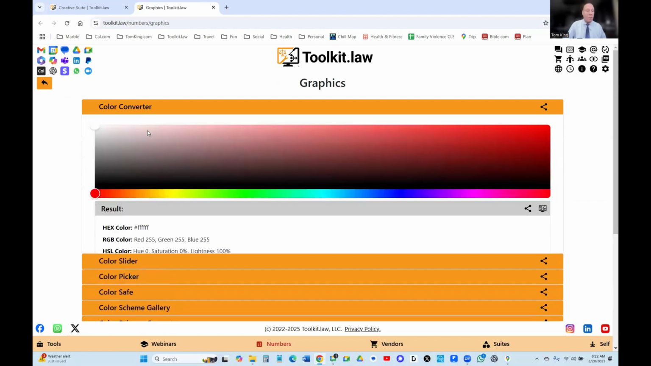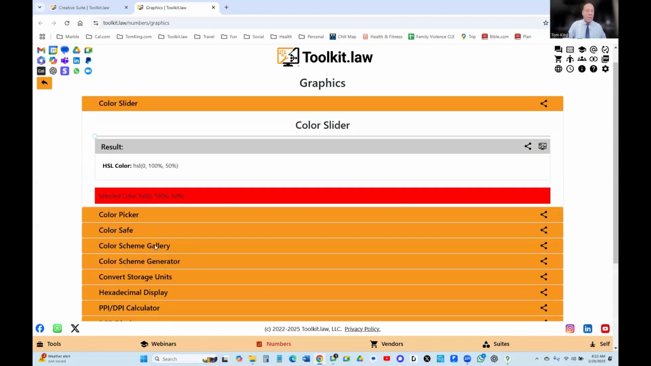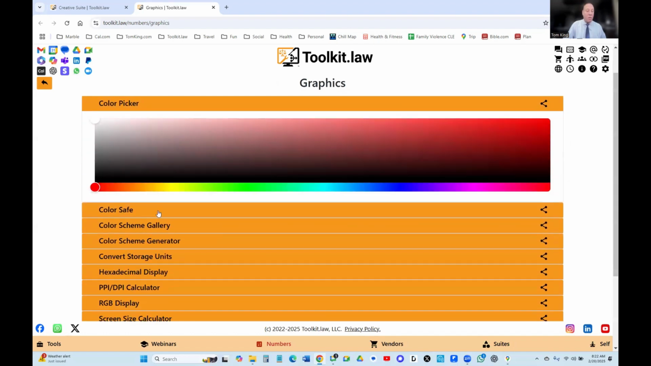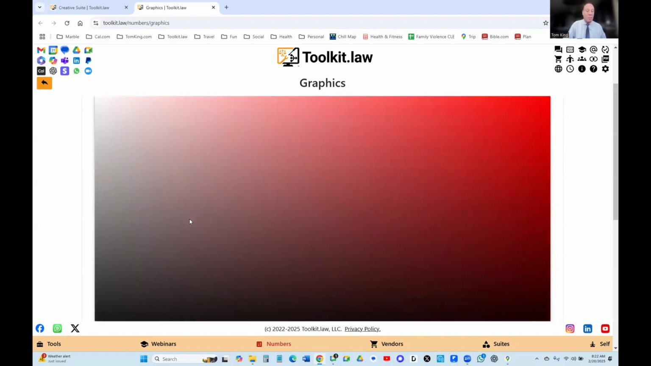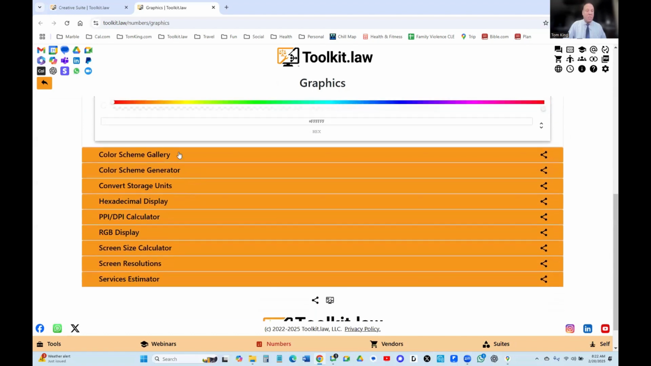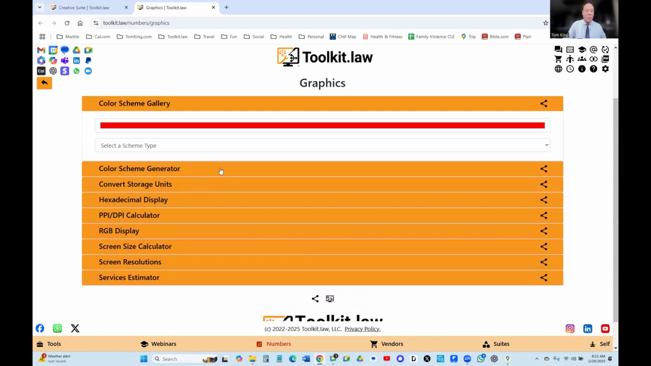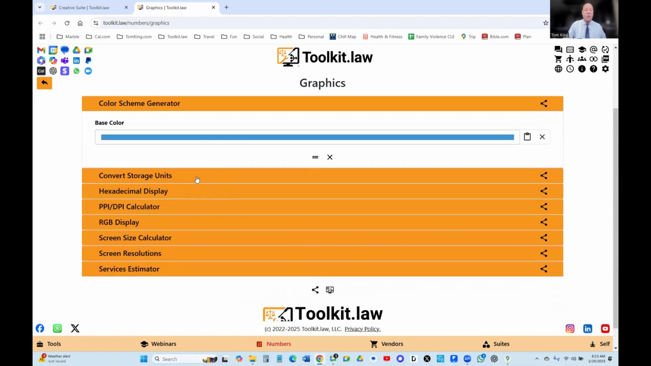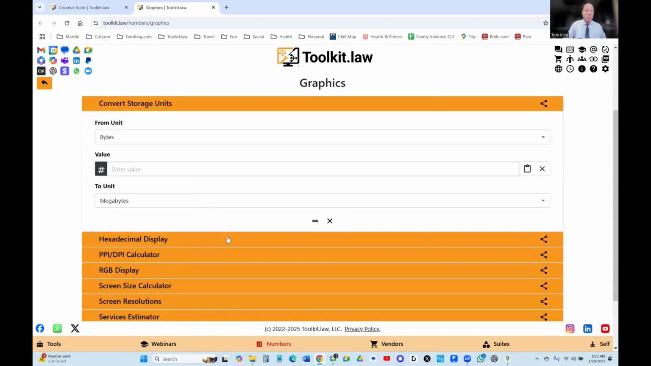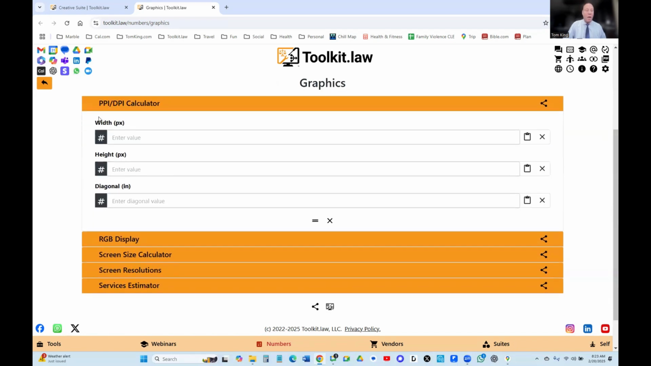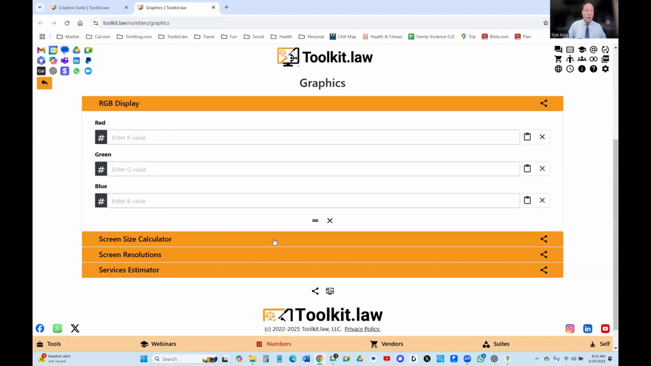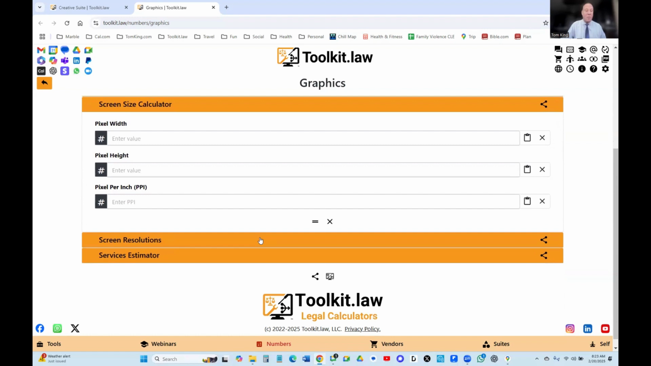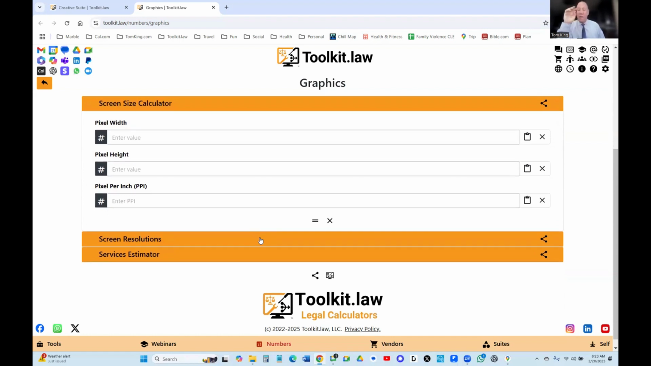So we have color converters, color slide converters, color pickers, color safe schemes, color scheme galleries to pick from if you're doing any marketing work for designers. Storage, can you convert storage units as we dealt with before. Pixels per inch to DPI converters, RGB display conversions, screen size calculators